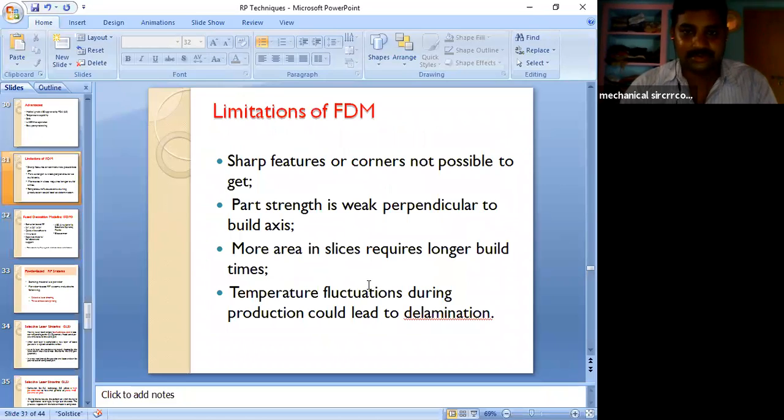Don't worry. I have already given two PDF documents, additive manufacturing 1 and additive manufacturing 2. Already I have provided material for you.